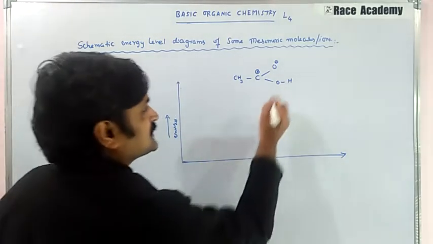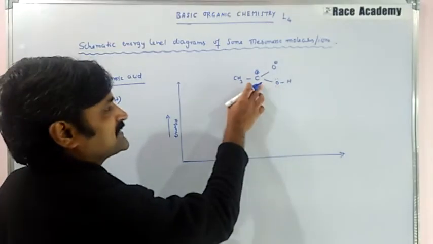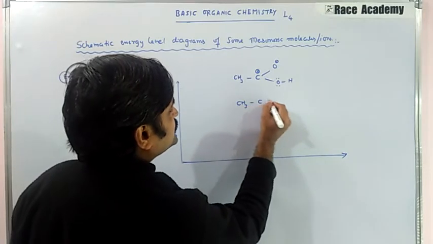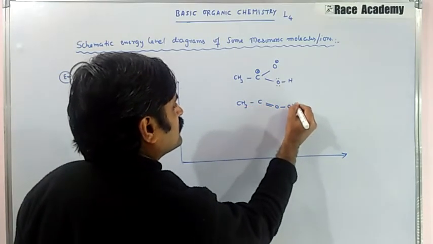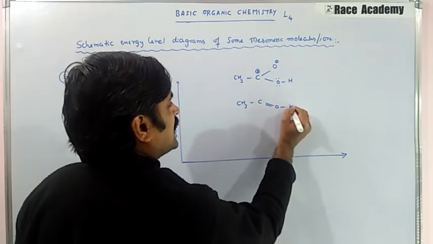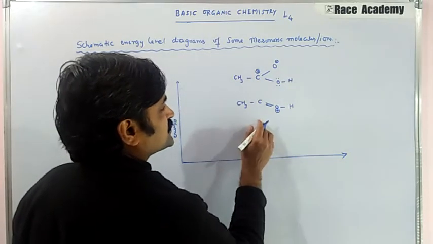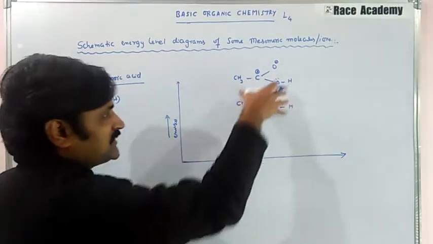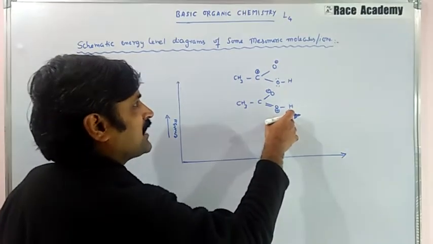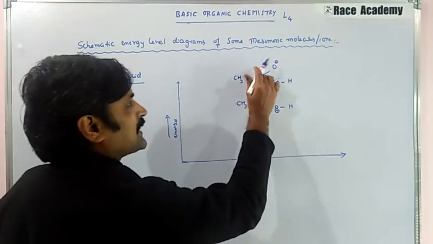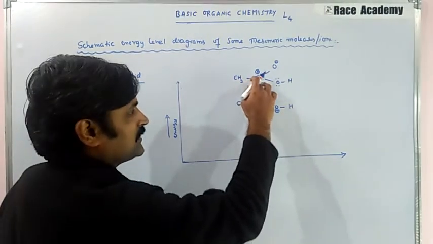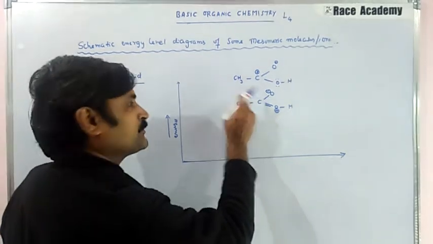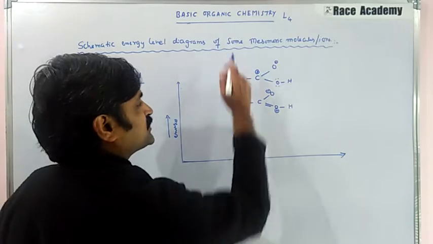How that happens is that there is a pair of electrons present on the oxygen that can be shifted. Then we will get CH3C double bond OH, and this oxygen will get a positive charge. This is minus here. The energy of this one is higher than the other because here the carbon has not completed its valence shell. In the other, carbon completed its valence shell, oxygen completed its valence shell, everything. Because of that rule only, we have given higher energy to this one.